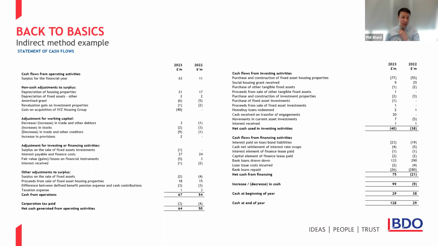In this one, for example, you can see there's a significant gain on acquisition of a separate housing organisation. That would be a one-off item, so very easy to explain. You might look at another item where you've got a fairly chunky decrease in creditors of 9 this time. Does that make sense in operating cash flow terms? Do you understand why that's happened? Should there be a cash flow there that is actually related to investing activities? Those are the sort of considerations you would have.